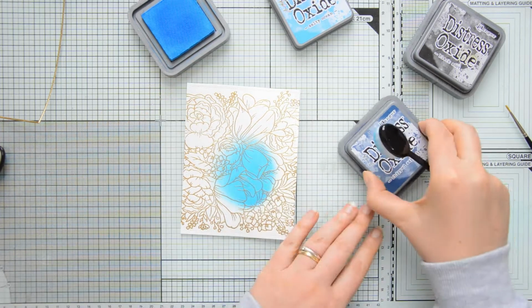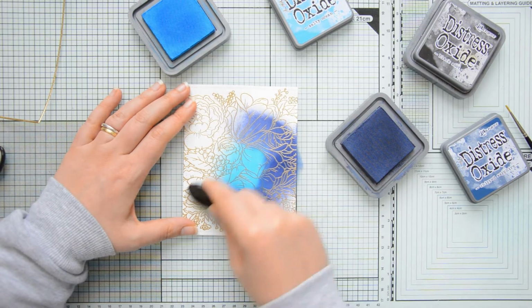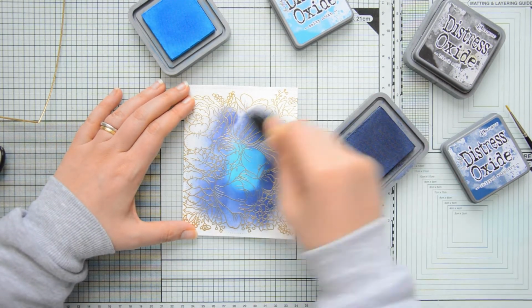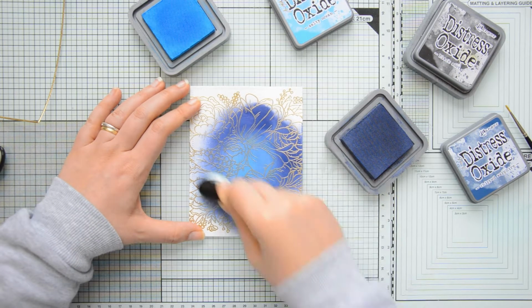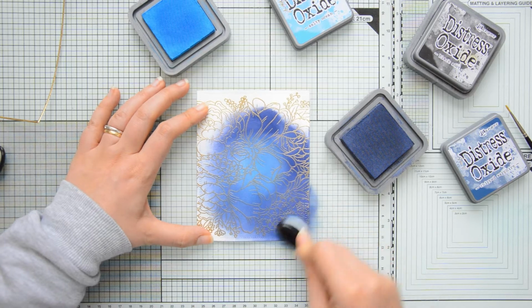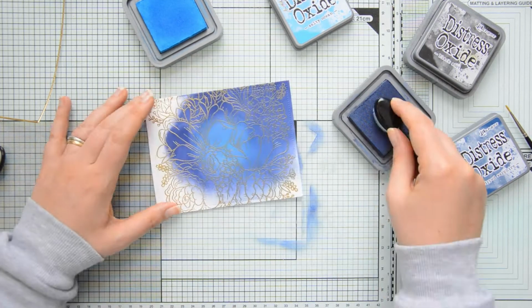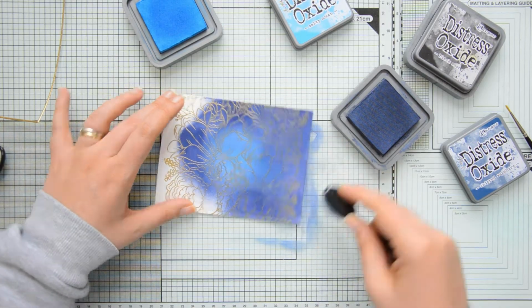I'm going to use distress oxides today and my Studio Katia blending brushes to do my blending. The colors that I used are Salty Ocean, Chipped Sapphire and Black Soot. As you saw, for Salty Ocean and Chipped Sapphire, I'm not even switching brushes. I started from the lighter one and then I moved to the darker one so that I do not contaminate